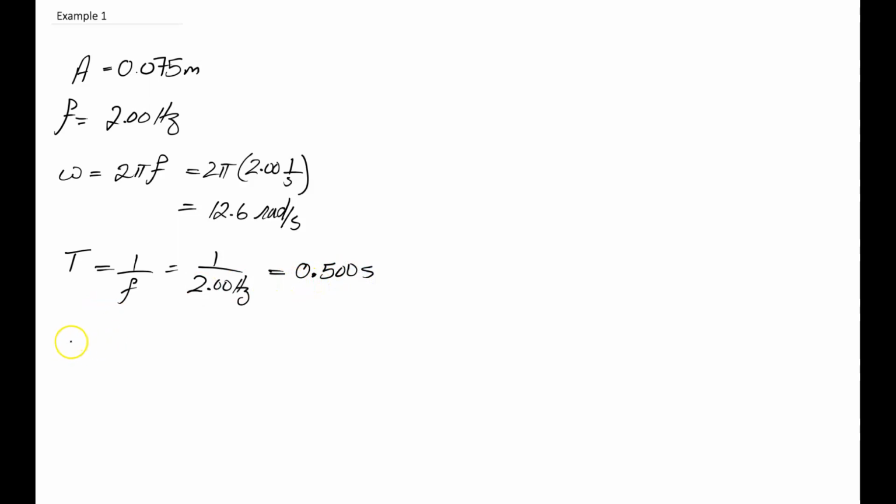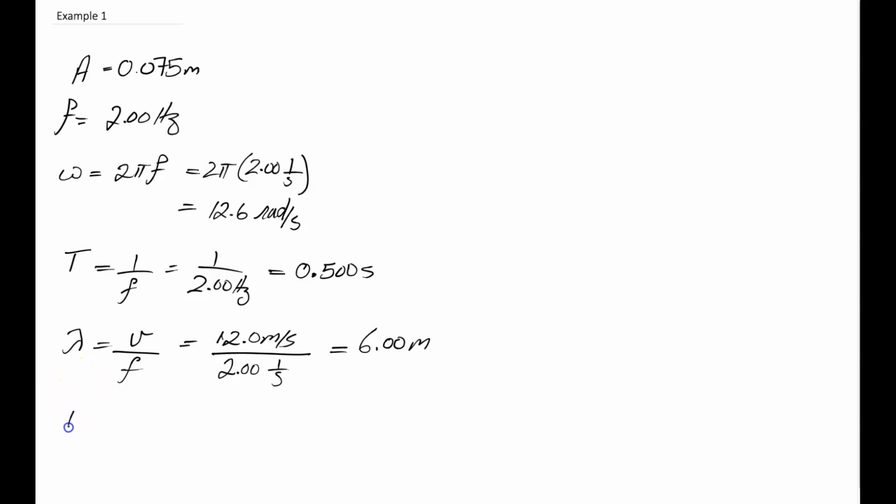And then we can say the wavelength lambda is the speed over the frequency, and we're given that the speed is 12 meters per second. The frequency is given as 2 per second, so we get a wavelength of 6 meters,